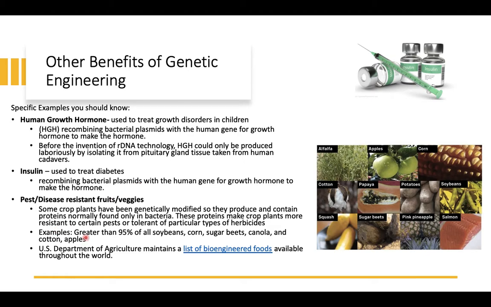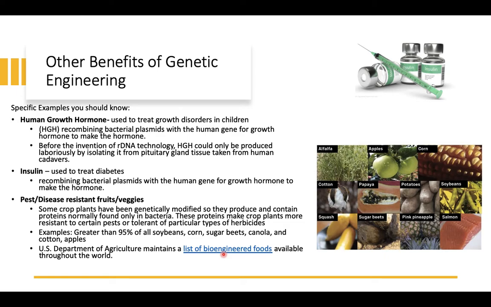You can also make genetically modified produce by genetically modifying crop plants. By doing this, you can make plants that are more resistant to certain pests or tolerant to a particular type of herbicide, or maybe tolerant to a particular location, like if it's too salty, or also tolerant to high temperatures or low temperatures. You'd be surprised, if you click on this list of bioengineered foods, you would see